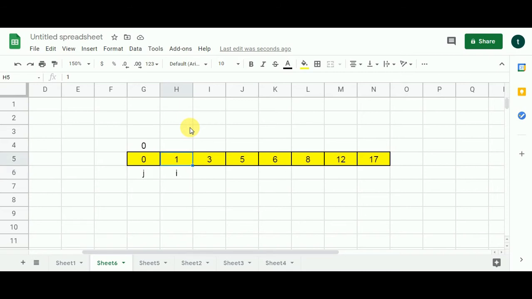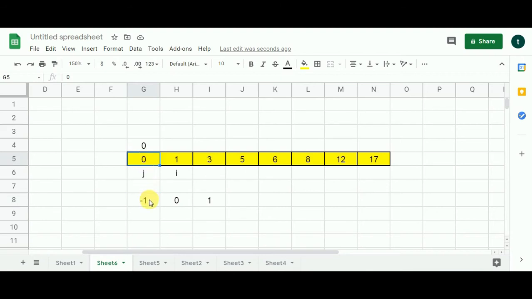So let's start from here. What we have to look into first is the last jump. The last jump has been assumed as 0. Like stated in the problem, the next jump possibilities will be k minus 1, so it will be minus 1, k, which is 0 already, and k plus 1, it is going to be 1. Now what we have to do, we will start adding these values to this cell.